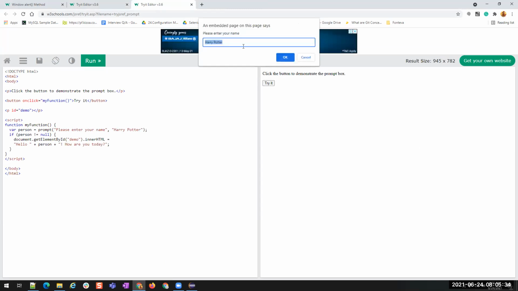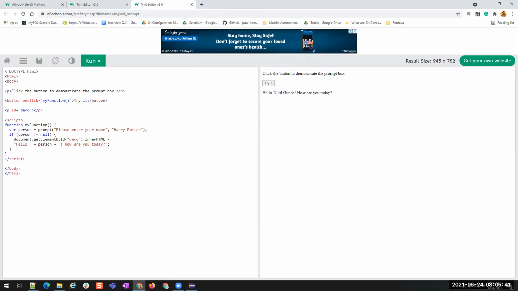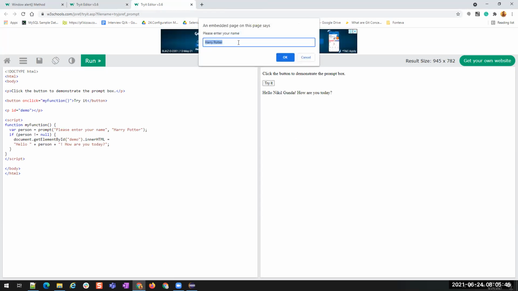If I click on it, you see it will take input, Nikhil Gunda, and then when I click on OK, it will say hello Nikhil Gunda. You see it? That means this is also an alert. You see here also there is this complete input box and everything is written inside a script. There is no HTML code for it. This is a script tag, right? So this is a script again.